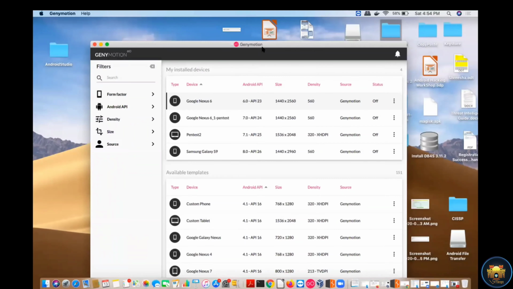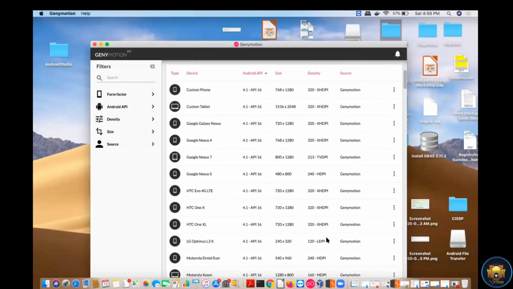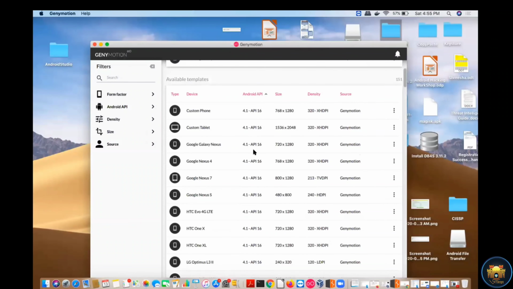You just need to go to Google and download the exe, or the supported version for whichever other operating system we are working on. So just click on install. Once you install Genymotion, this frame will open in Genymotion. And what you need to do is just install the available templates, right? So if I go down, there are so many templates available